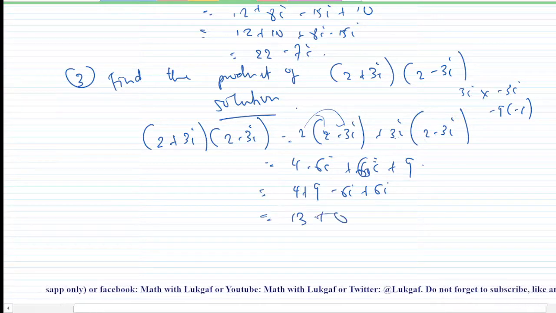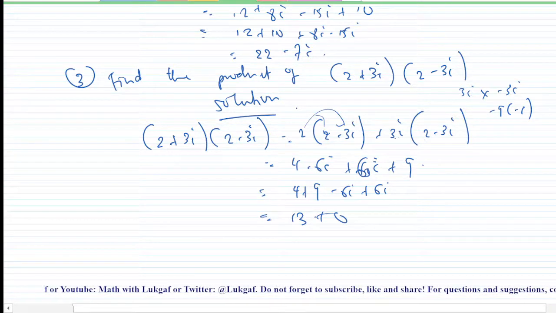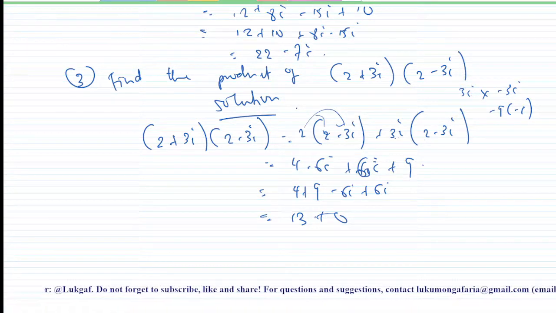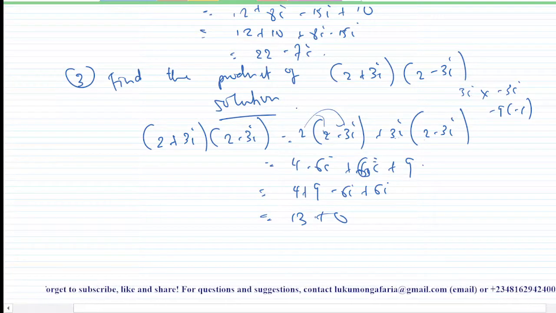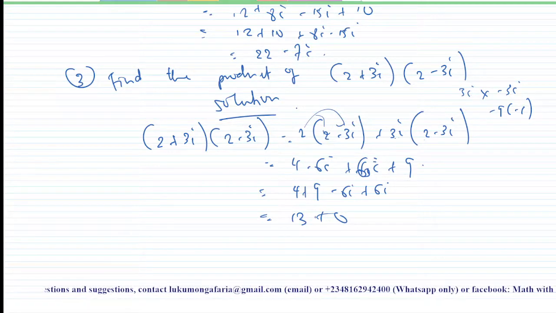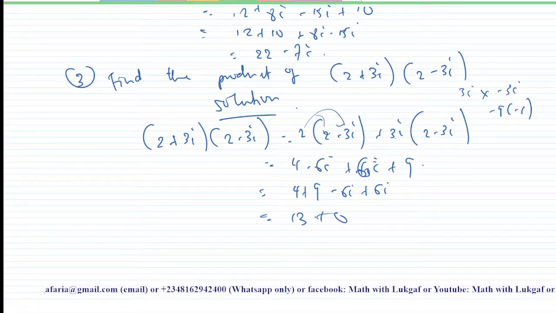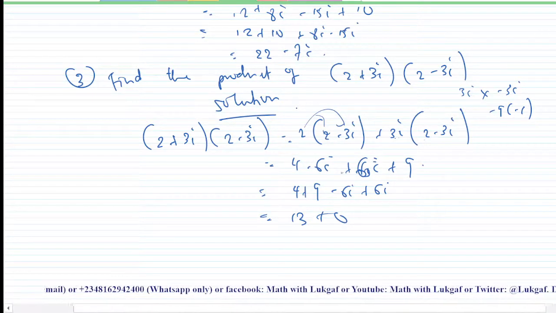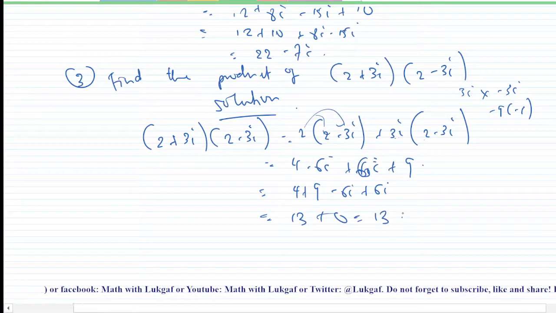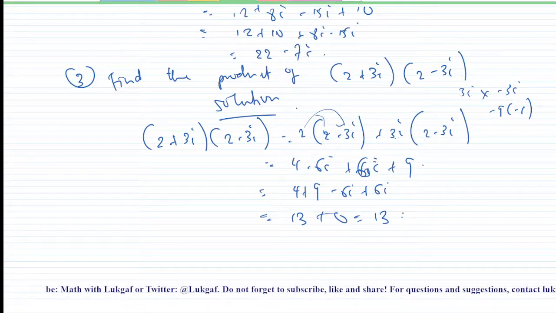What do you observe? You will observe that when we are adding two complex numbers together, the result of their sum is a complex number. Likewise for subtraction. Also for these two examples I gave for multiplication, you will see that when we multiply two complex numbers together, we get a complex number as a result of the product. But here you will see that I'm having a real number only as the product of this. What happened? So what do you observe?